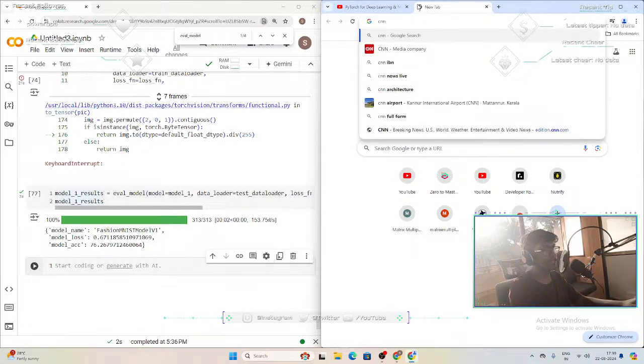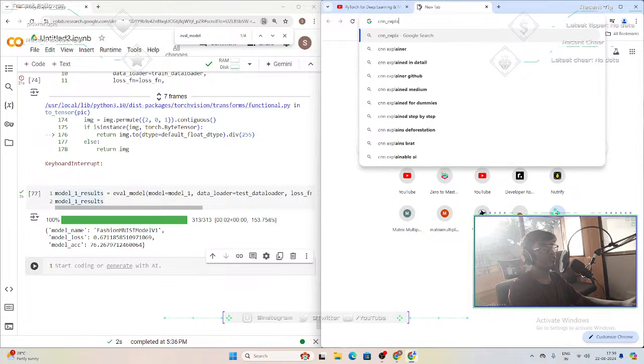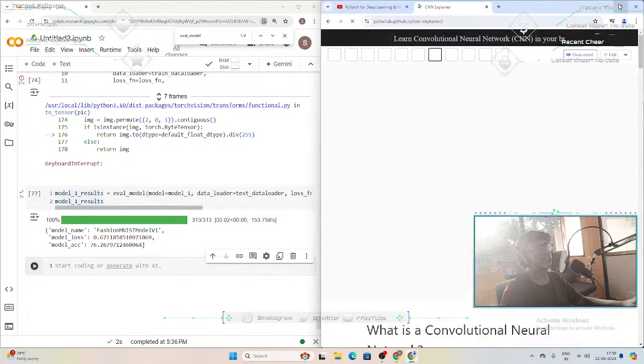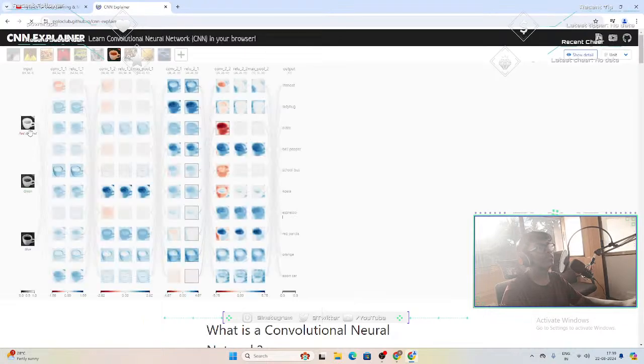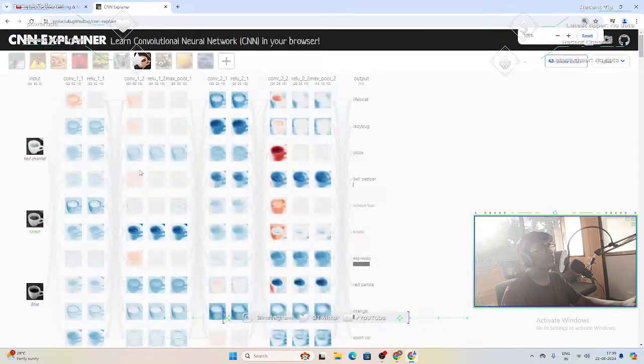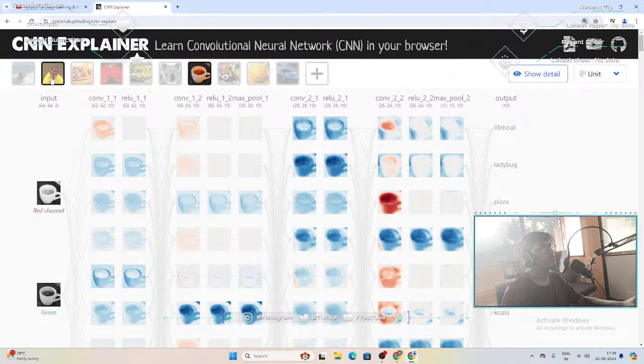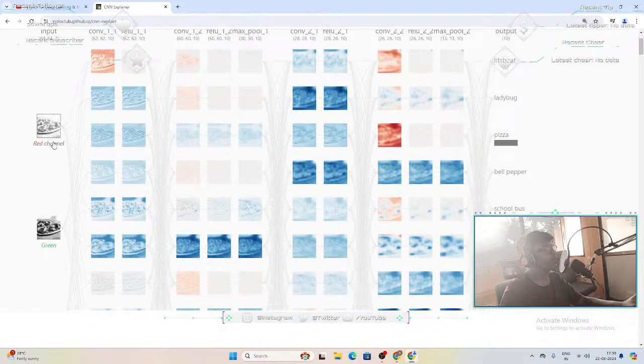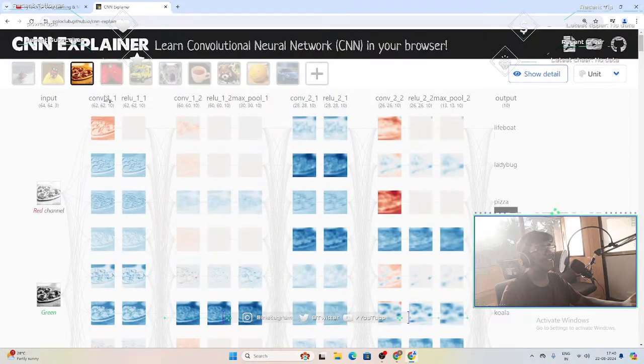Let's run this. What's this? That's a ladybug. Let's do pizza because everyone loves pizza. Alright, if you don't like pizza, we can't be friends. Sorry. Anyhow, add a